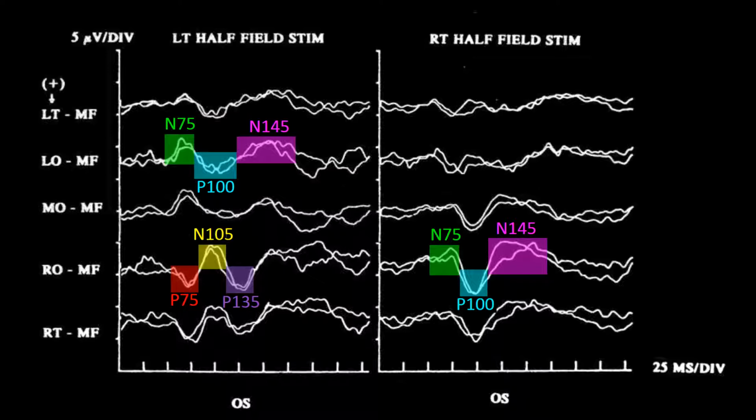Stimulation of the right half field of the left eye produces a prominent NPN complex ipsilateral to the stimulation, with a relatively well-formed P100. Please notice the difference between the P100 present after stimulation by the right side of the left eye, which, as you know, activates the temporal retina of the left eye,